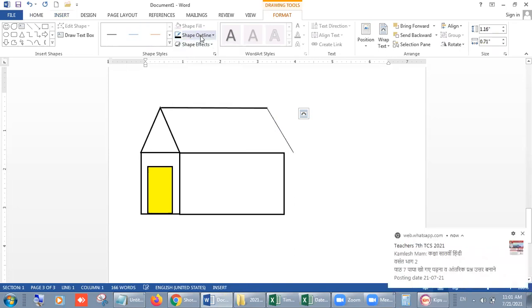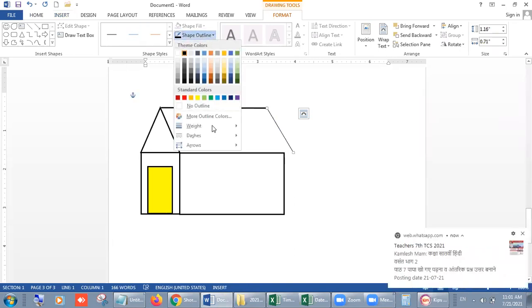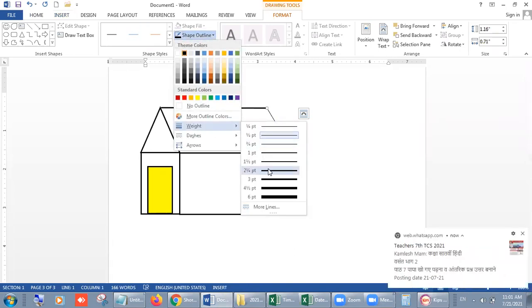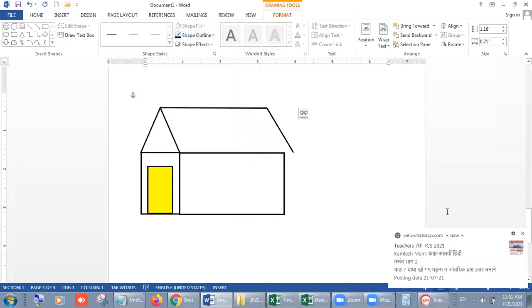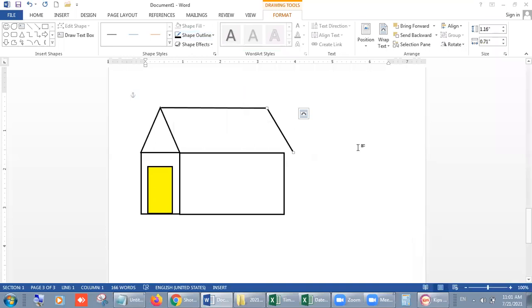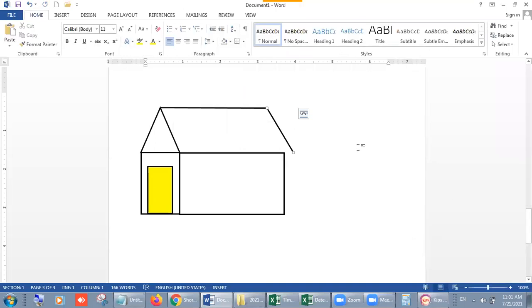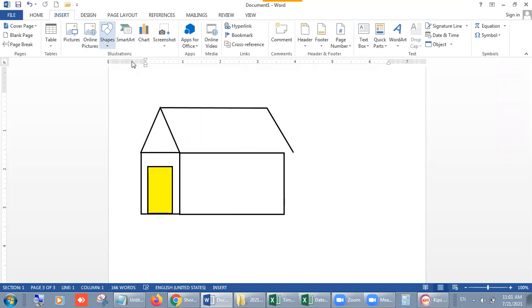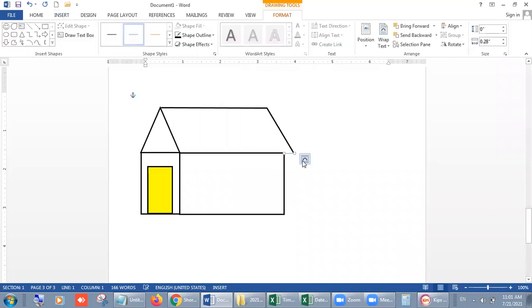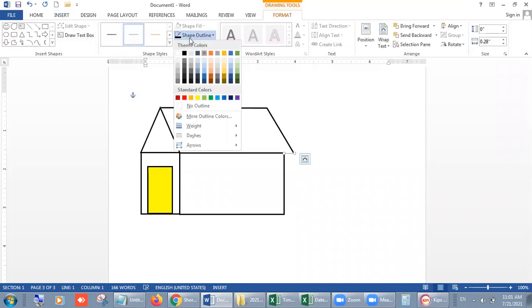Change color, again shape, again width. One more line, one small line we require now so that we can add this to make it perfect. Black color.